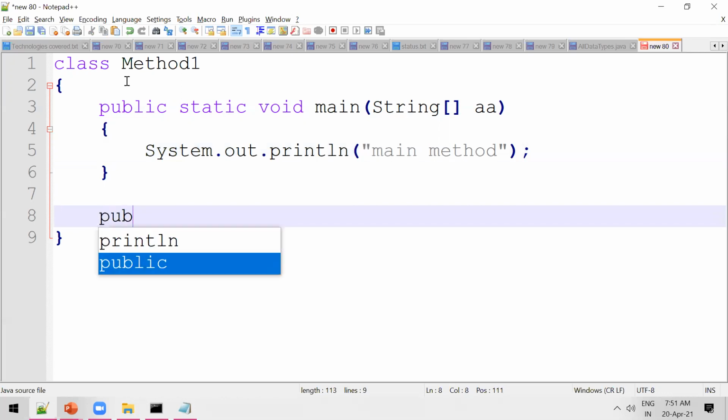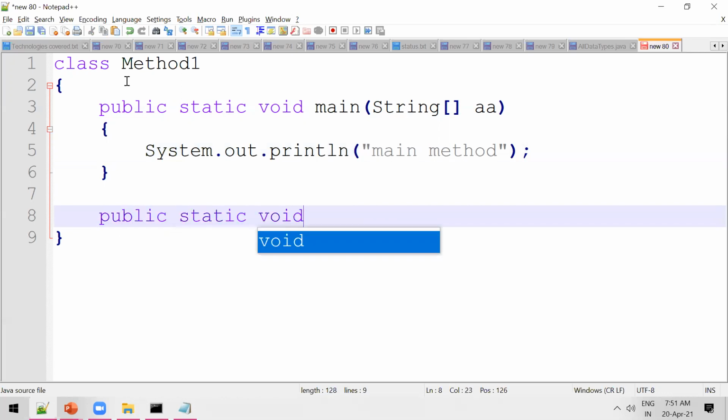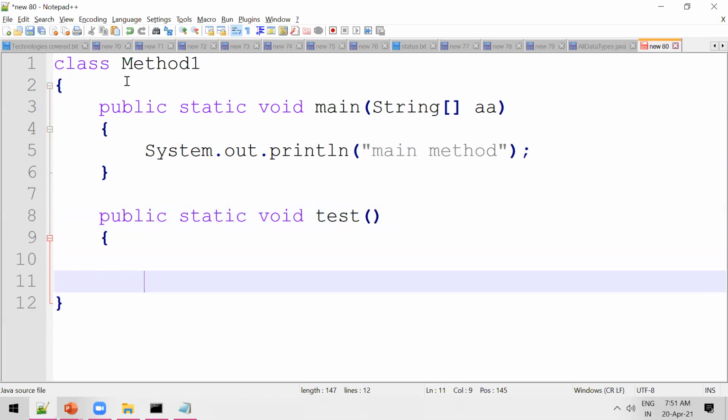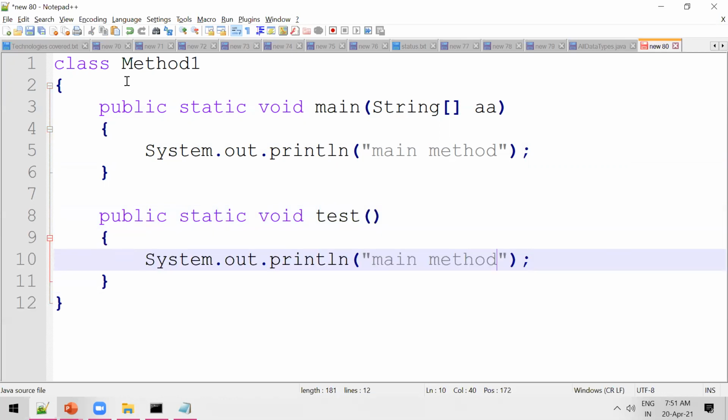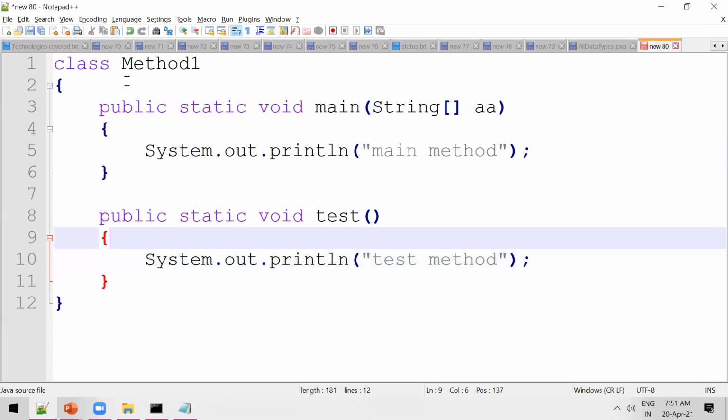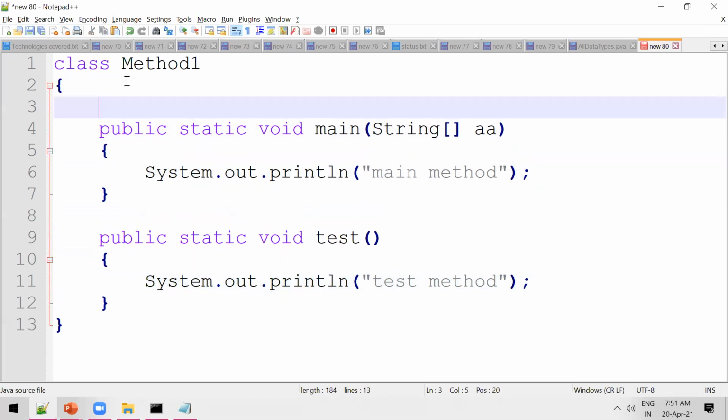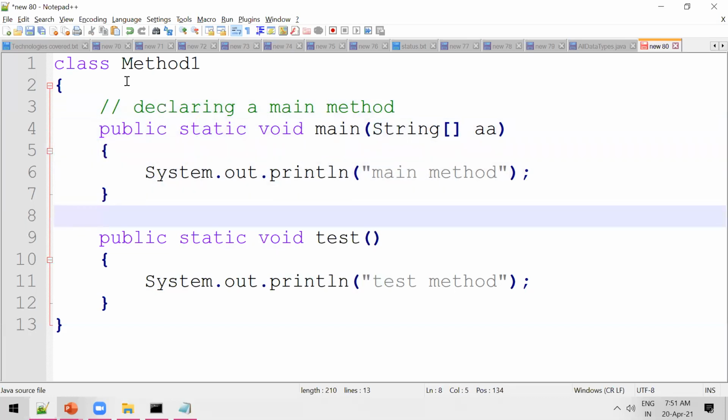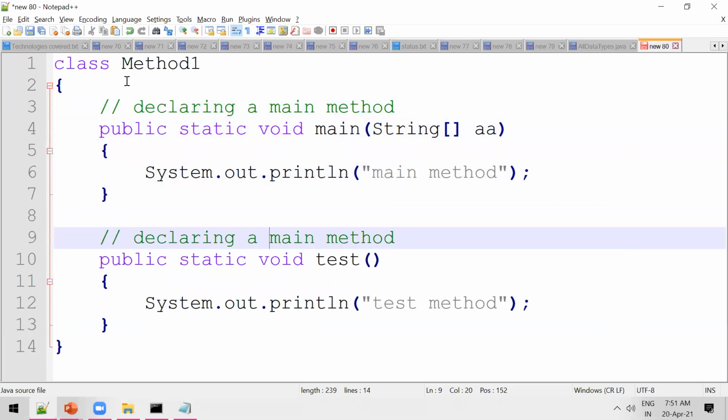Go with public static void test method. This is called the test method. So what are we doing here? Simple, we are declaring a method. Declaring a main method. In the same way here, we are declaring a test method. I have not used it yet.